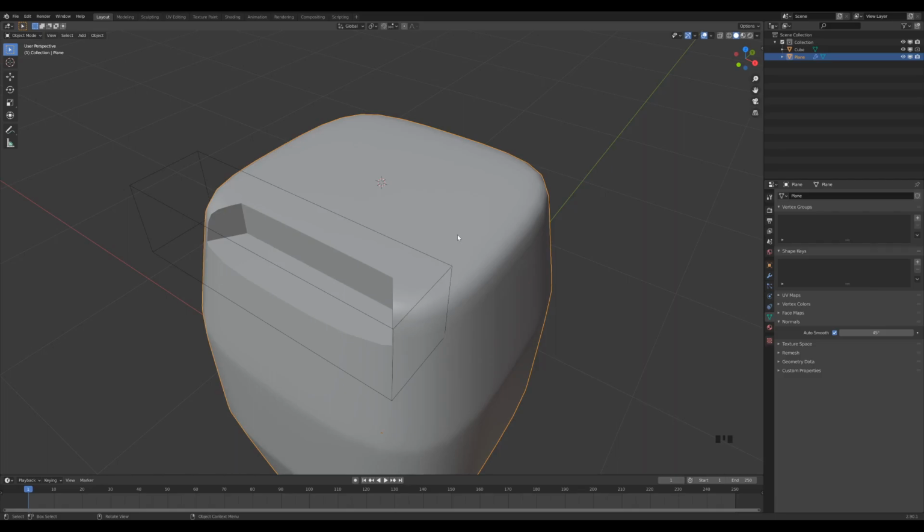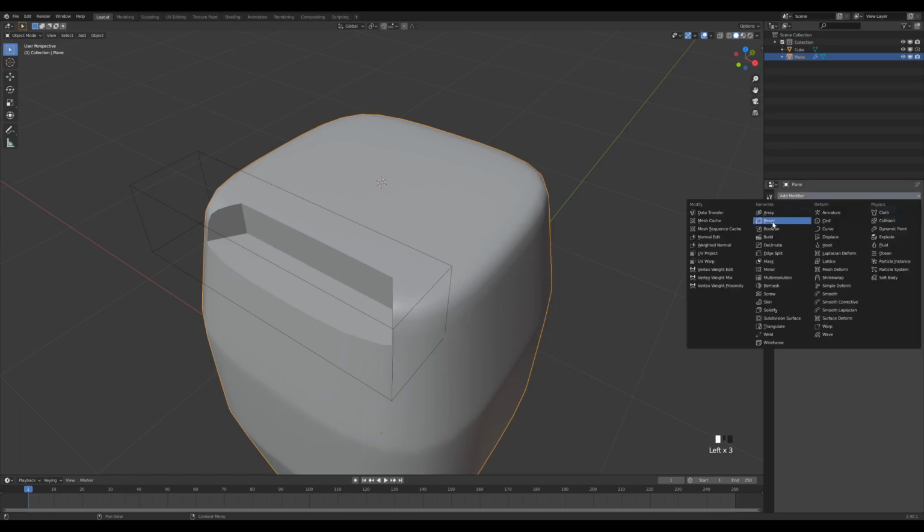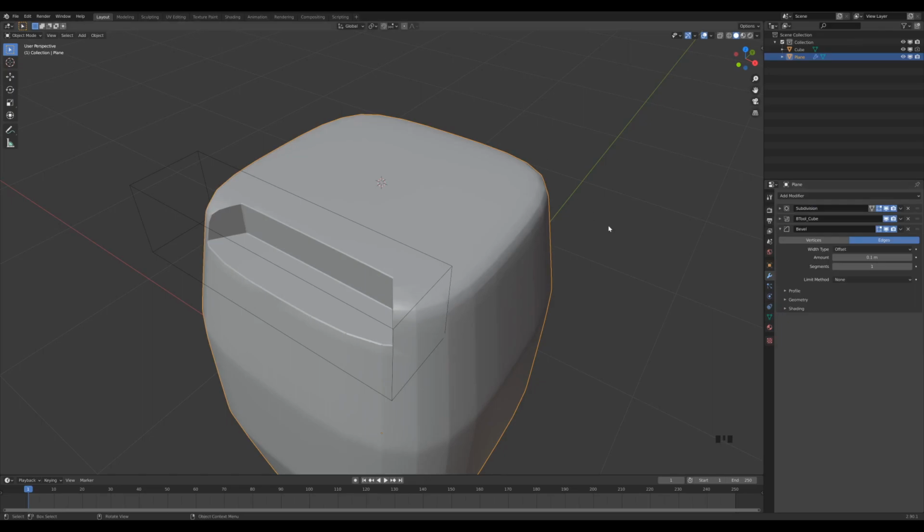So if you want to introduce a little bit more realism into your models, this is not enough by itself. And we can help ourselves by adding a bevel modifier to the modifier stack. So let me go to the modifiers tab. Let's collapse the boolean and we'll now add the bevel. Right now we'll have to do some setup with the bevel modifier. And if you used earlier 2.8 versions of Blender, you might see that this looks a little bit different,